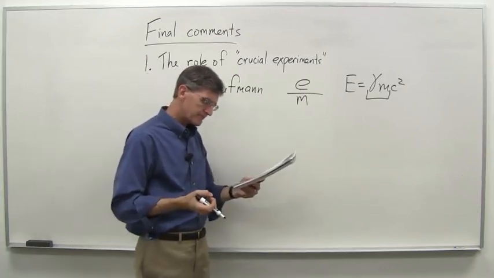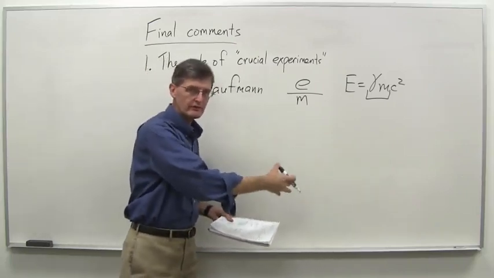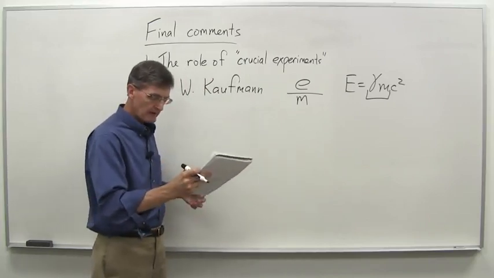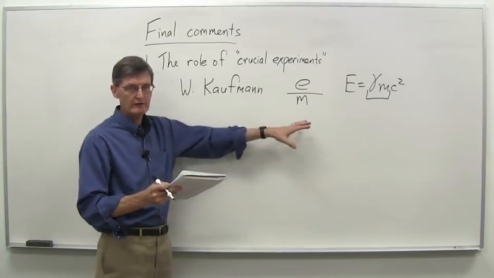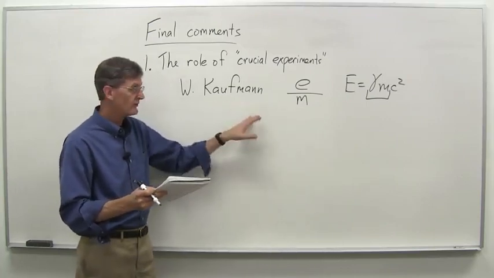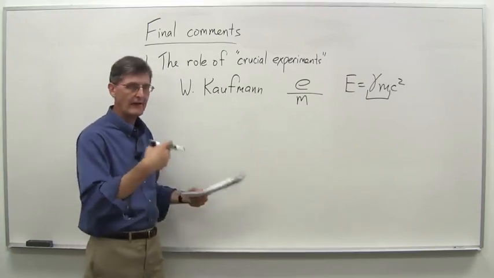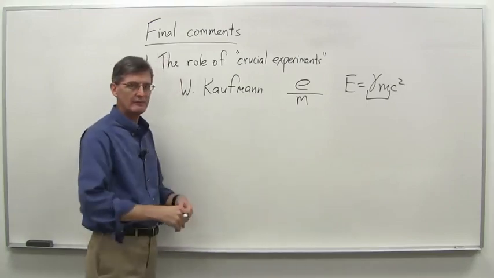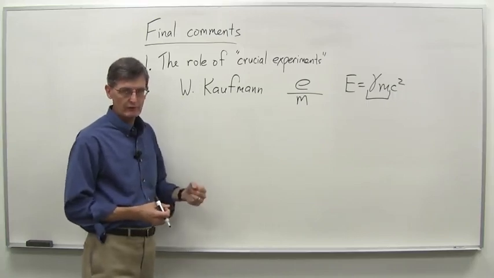And Einstein basically said that even though these results favored some of the alternative theories in the model of the electron they were trying to create at that time, the alternative theories were unlikely to be correct, even though the data seemed to fit them better, because they were less general than his theory was. They were more ad hoc and so on and so forth. So even though the data seemed to be against Einstein's theory of relativity, he said, nope, I'm going to stick with the theory.